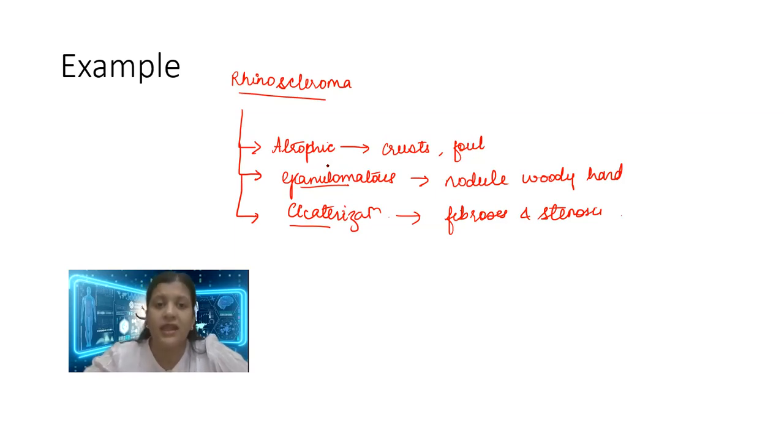But if I teach you that rhinoscleroma is caused by a gram-negative bacteria, now what does this bacteria do when it enters your nose? Because it is an airborne infection, when you inhale the bacteria, the bacteria enters into the nose. Now, the bacteria wants the environment in the nose to be favorable for its growth. So how will it make the environment in the nose favorable for its growth?